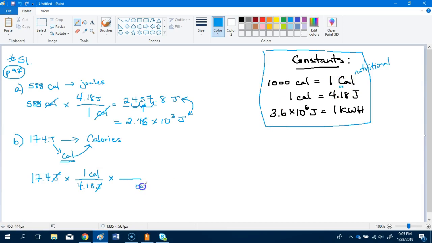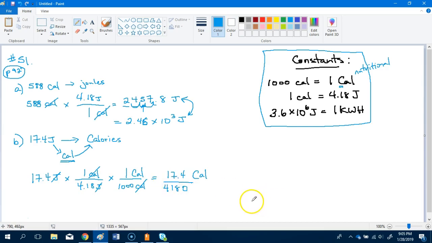I'm going to put regular calories on the bottom so that those cancel out. 1,000 calories to 1 nutritional calorie. And I'm left with the nutritional calorie in my answer. Now what I'm going to do is just multiply across the top. So 17.4 times 1 times 1 is 17.4. And then 4.18 times 1,000 is